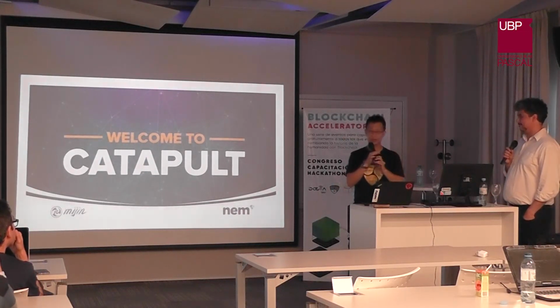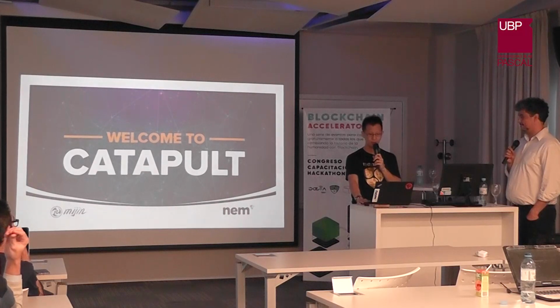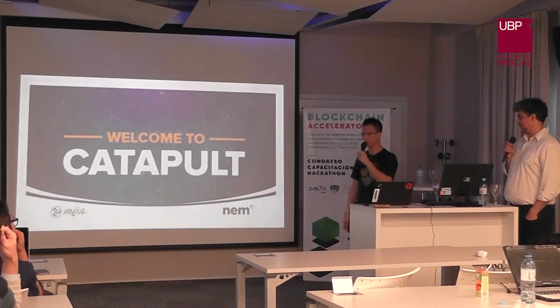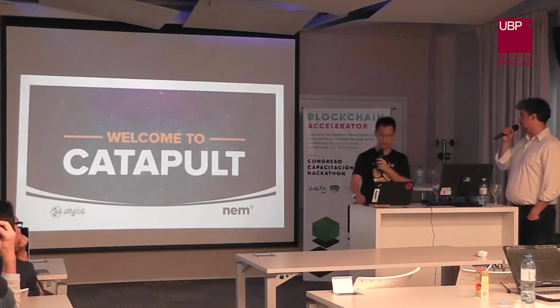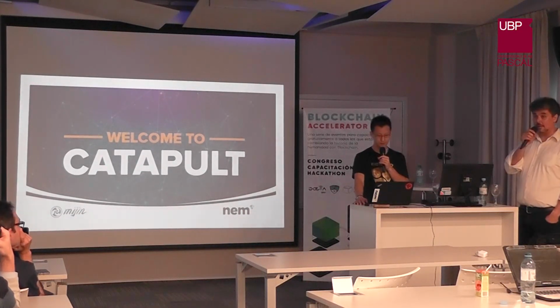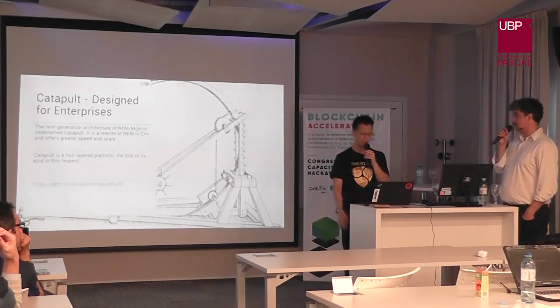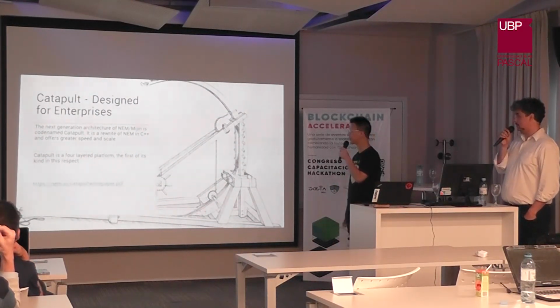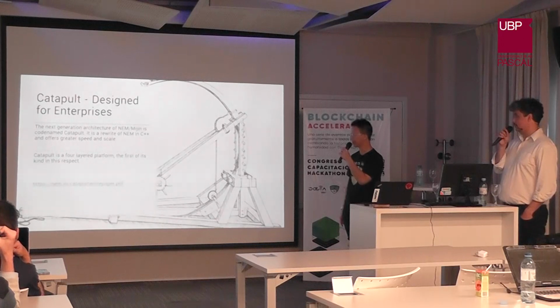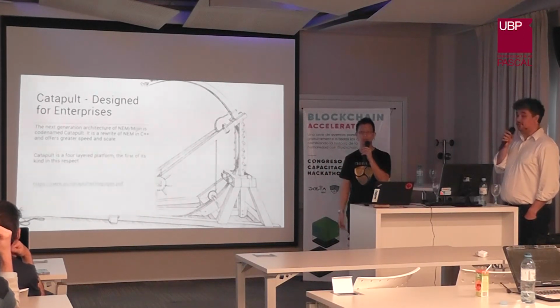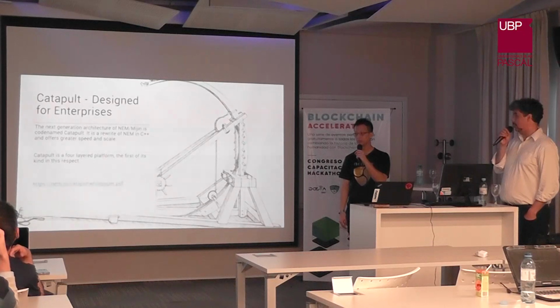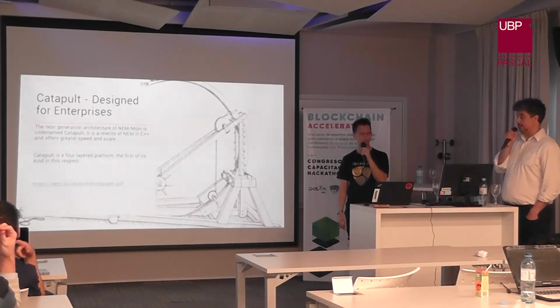Genial. So once we are done with this, then we'll go into the technical parts. This is now NEM 2.0. We call it Catapult. Esto es NEM 2.0, lo llamamos Catapult. It's designed from scratch again, rewritten in C++, and it's going to be a 4-layer platform. Está hecho desde la base de vuelta, está hecho desde cero, escrito en C++ y va a poseer 4 capas,